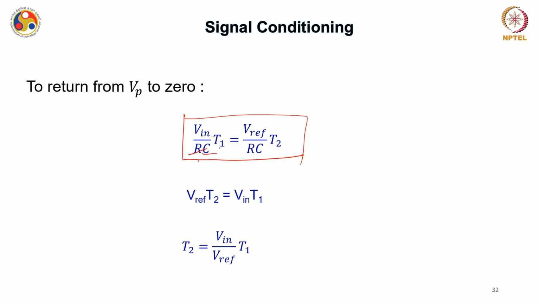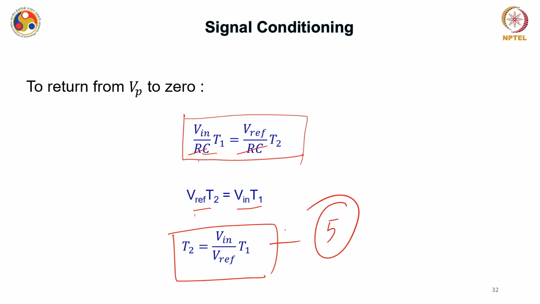Let me cancel this RC from both sides, and V reference T2 is equal to V in into T1. At this point, just rearranging things, I have T2 equal to V in by V reference into T1. Let me call it equation 5. Now, the rundown time in terms of this run up time and this V reference can be given as